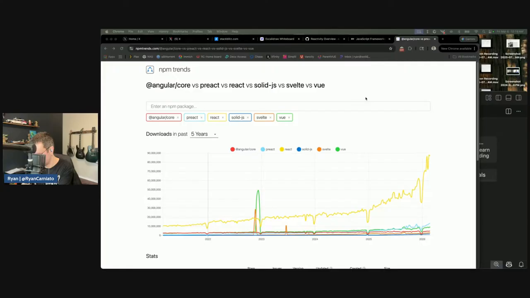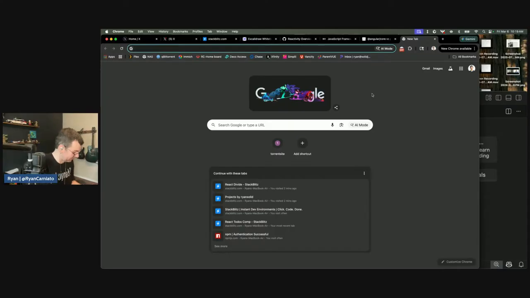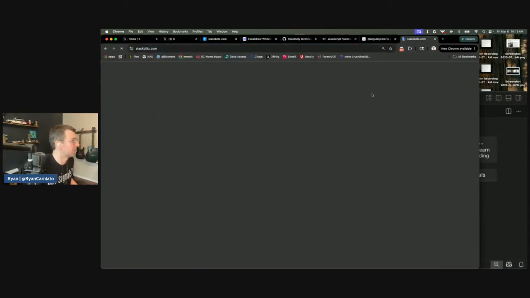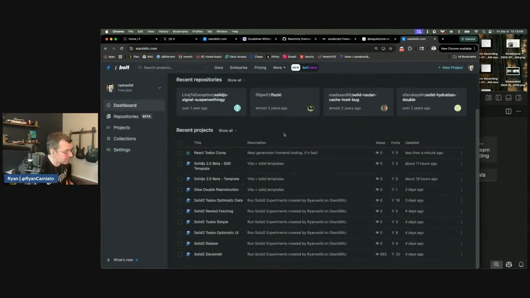The funniest thing about doing it this way is I have no idea if this example is even any good. We'll give it a quick look. Okay. Sorry, this is what I would have done already if I was not fixing bugs until the last possible moment. So let's StackBlitz here. Okay. So